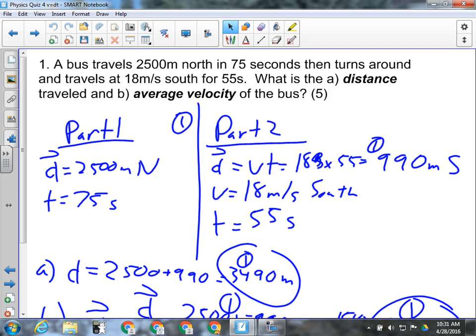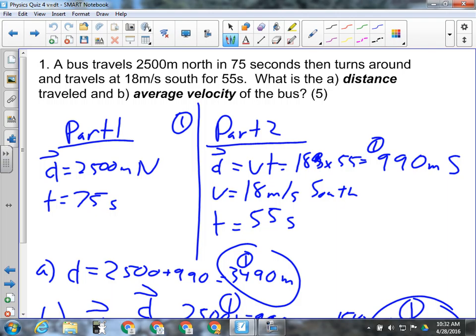Give them a mark for their givens. The part 1 displacement, 2,500 meters north in time 75 seconds, 18 meters per second south in 55 seconds. Those are their givens. Now, if I want the total distance traveled, I need to know how far it goes in both parts. That's the first thing I have to calculate. Don't have to do anything with part 1. They already told me how far I went there, but they did not tell me how far I went in